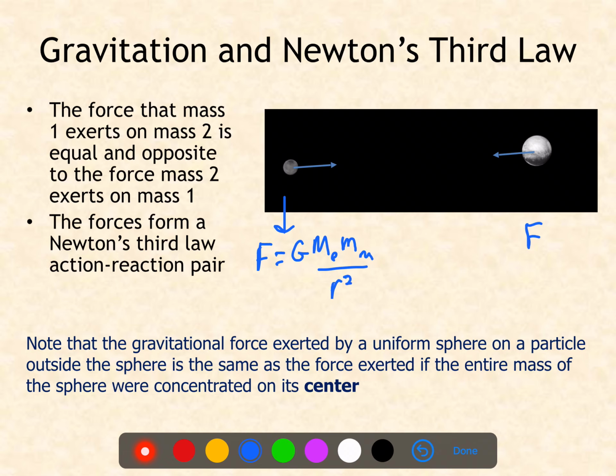And when we figure out what the magnitude of the force of gravity on the Earth due to the moon is, we get the same thing. Okay, we might write moon first, but it doesn't matter. It's the product of the two in the numerator, which is essentially the same. And that's in agreement with Newton's third law that tells us that when we have action-reaction pairs, the forces should